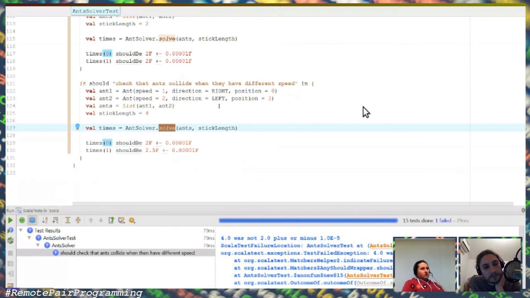Okay. And how can we do that? We have a speed. If we keep the speed the same, would that pass? Let's try that. So if we keep the speed 1 for both of them,